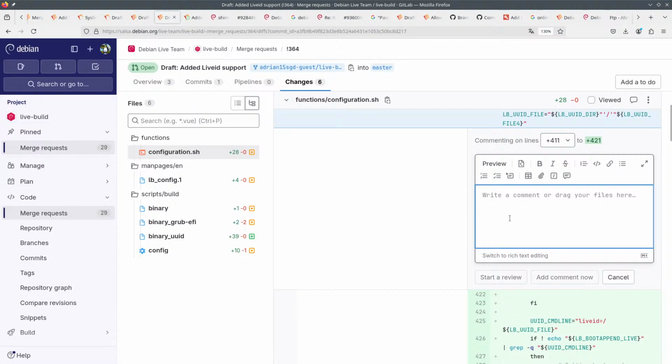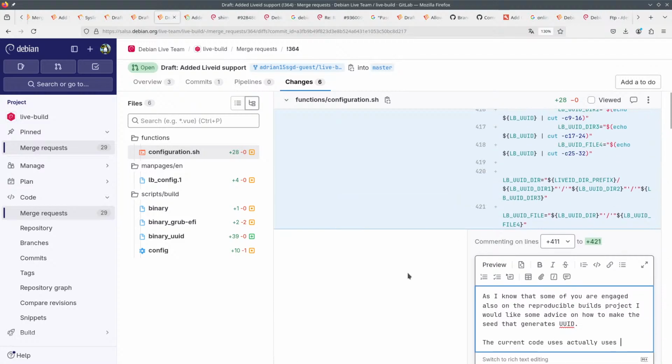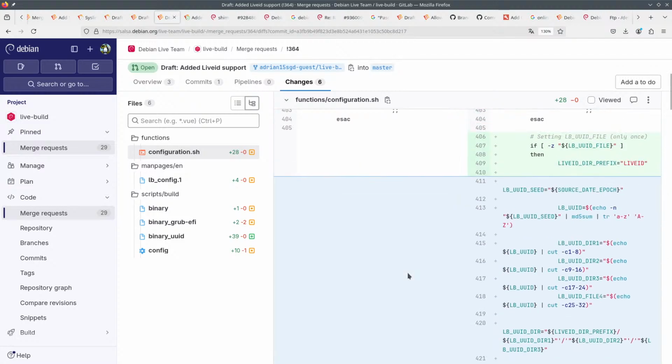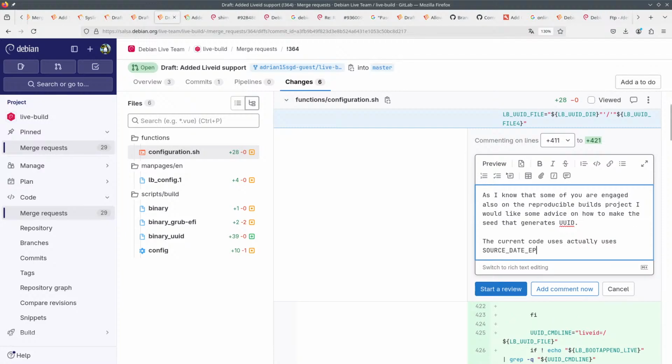Suggest changes? No. As I know that some of you are engaged also on the reproducible builds project, I would like some advice on how to make the seed generate the UID. The current code actually uses a date variable, the source date epoch variable,